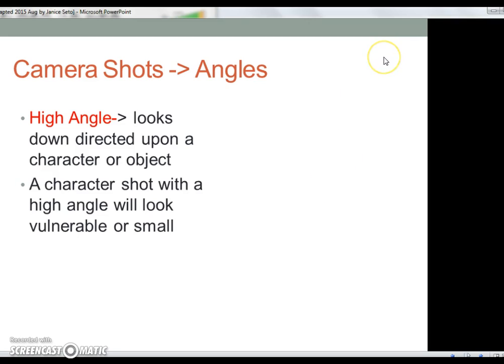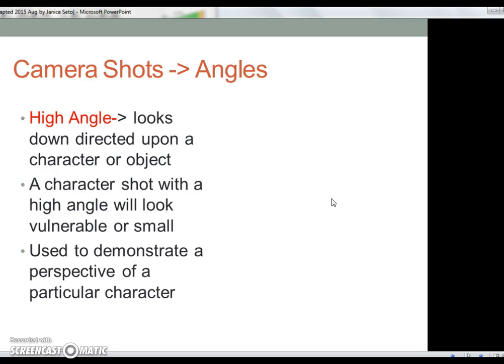Okay, so it refers to the placement of the camera. So high angle, looking down, low angle, looking up. And as you can see, this is supposed to take a person down in size. And here is